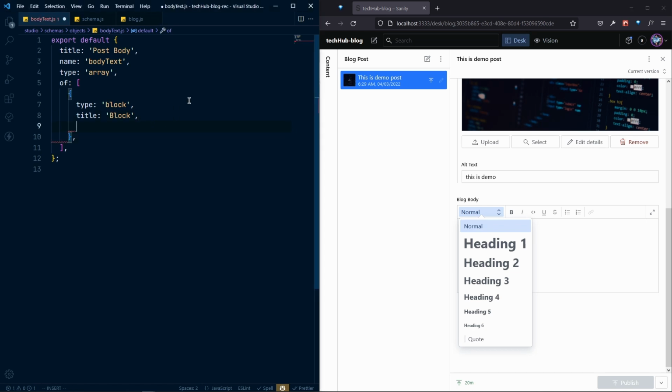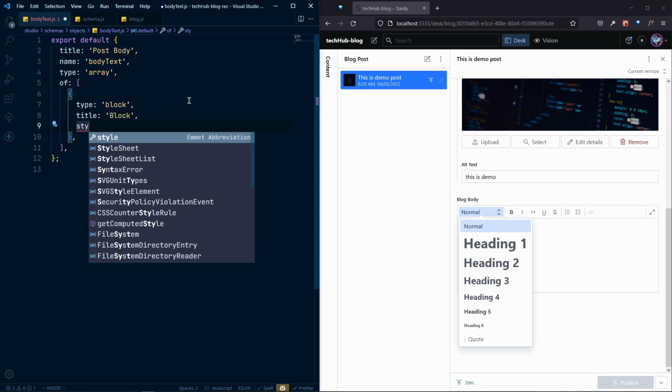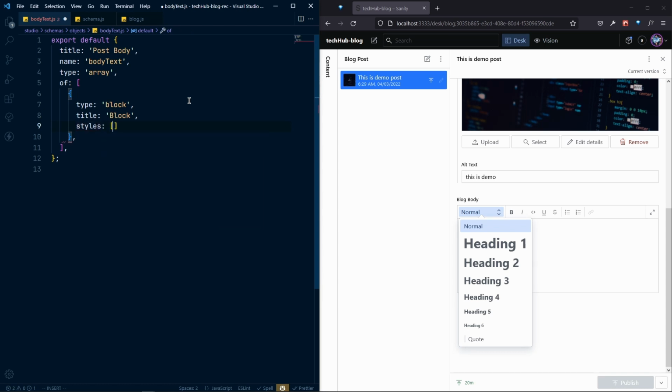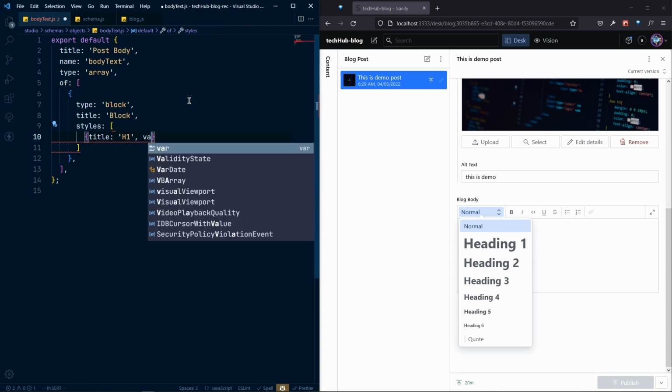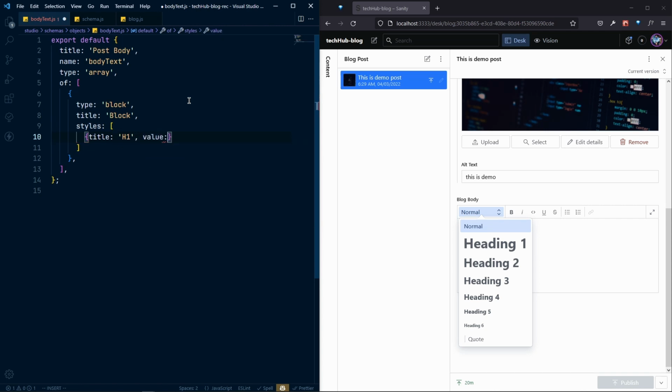So after that, here we can say styles. So we can specify the styles that we want. So let's say that we want the heading for the styles only. So title will be the h1, and the value will be the h1 tag that we want to have for the h1. So if I save that, now I should see only one style for this